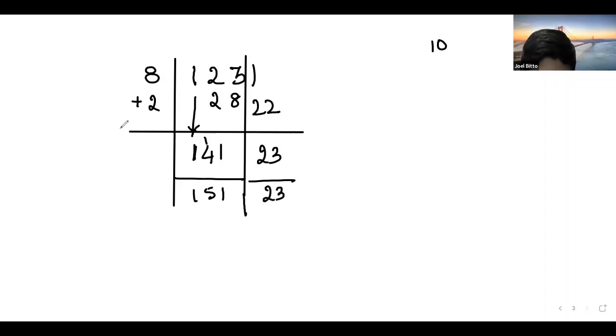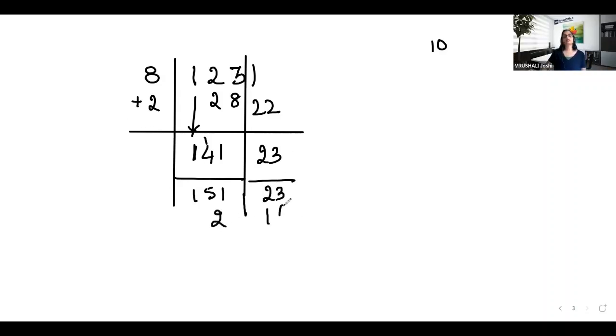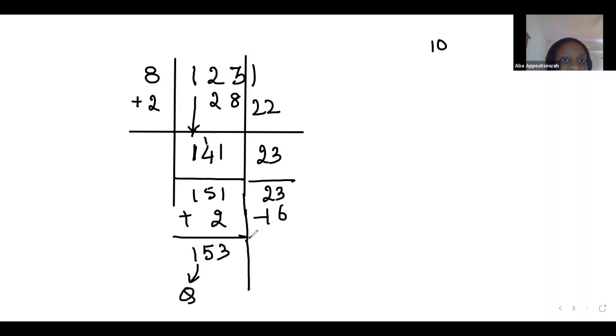We will say 8 stable till we come close to 23, which is 8 twos are 16. And we will just add here and we will subtract this side. Here, if you want, you can use the Vinculum method, or if you know how to subtract it quickly, you can just do it that way. So the answer is going to be 153, and that's going to be your quotient. And here you will have instead a 7. Instead of 16, it's supposed to be 18.